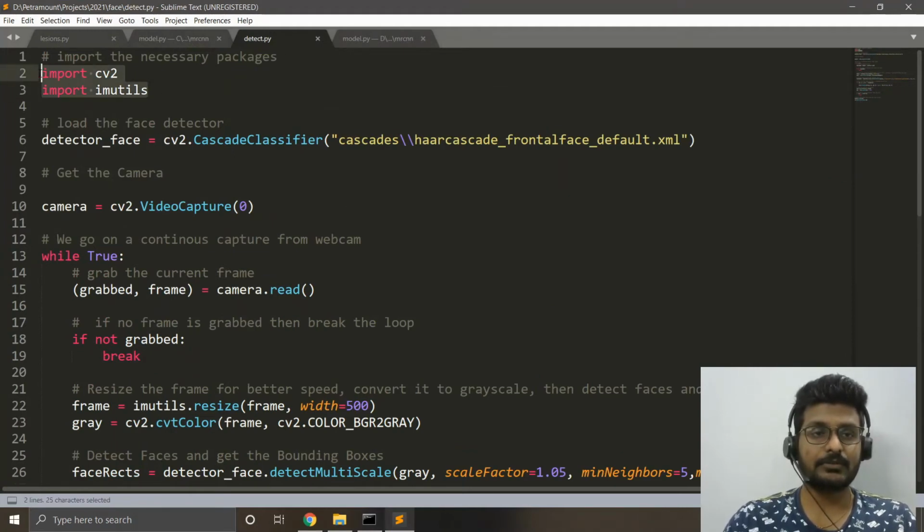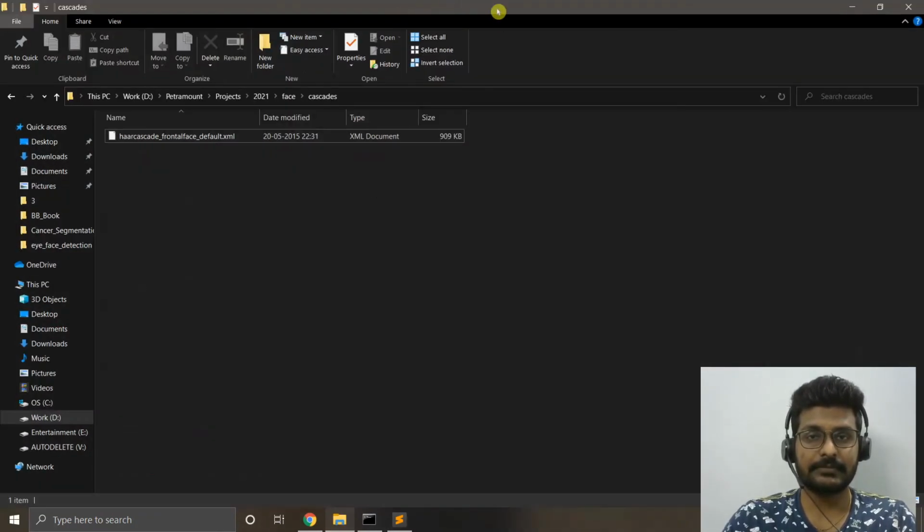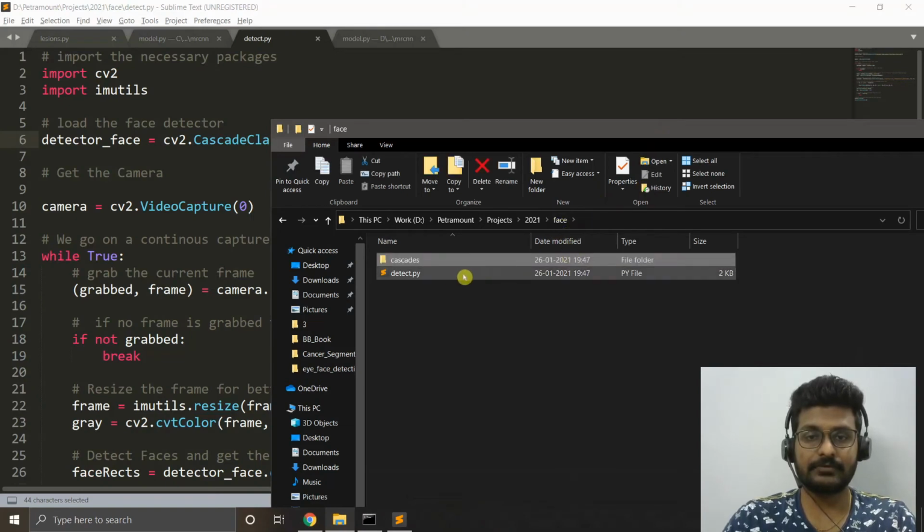So only two functions have been used, because in Google Colab we don't have the cv2 imshow function, so we have to import that extra function there. But in this case, just two functions is enough. So as usual, I'm just going to load the classifier, but I just want to give the right path here, because since it is inside the cascades directory, you can see it's inside the cascades folder, right?